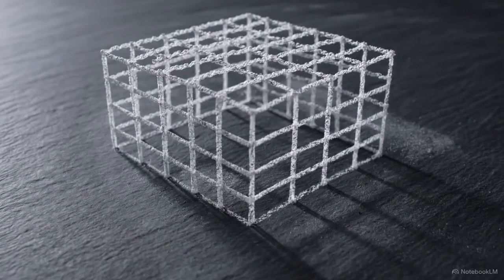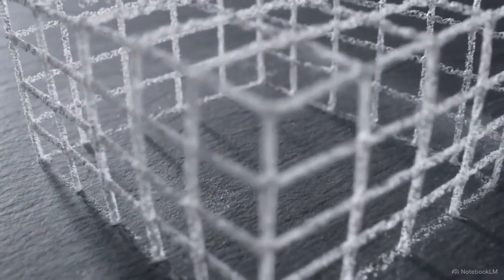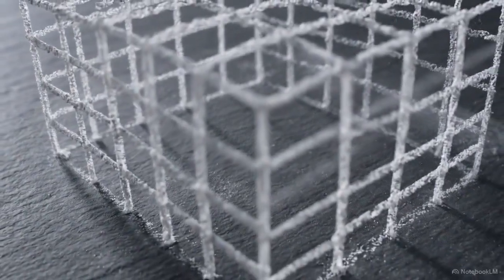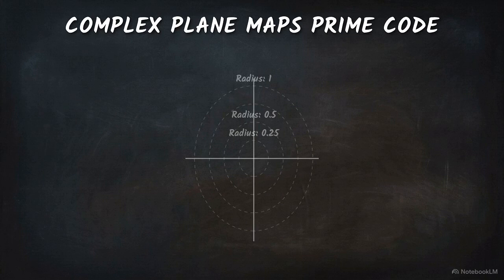To find the true underlying pattern, we have to escape the flat line and evaluate the sequence in a higher dimensional space. To test this, we drop the primes into the complex polar plane. Instead of a line, we use a grid that functions like a radar screen, requiring two variables, a distance and an angle. Rule 1 controls distance.